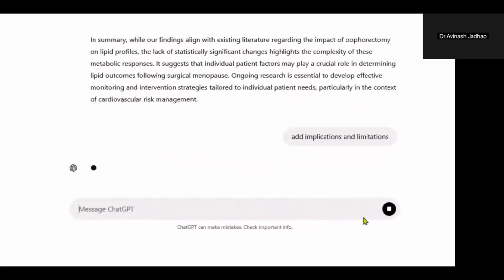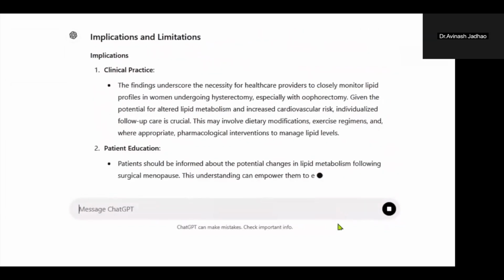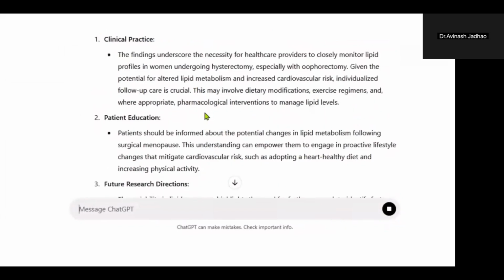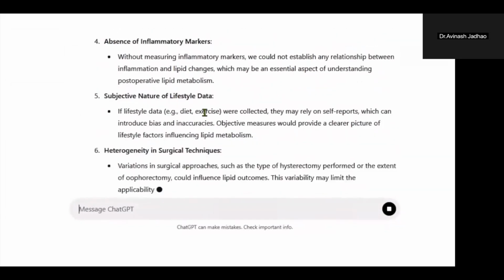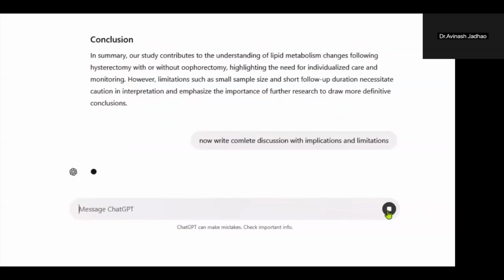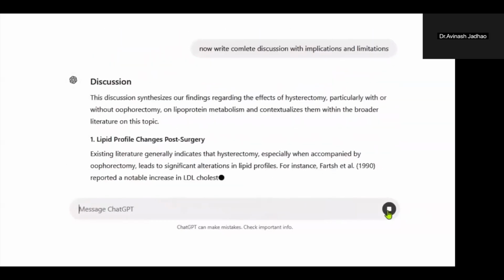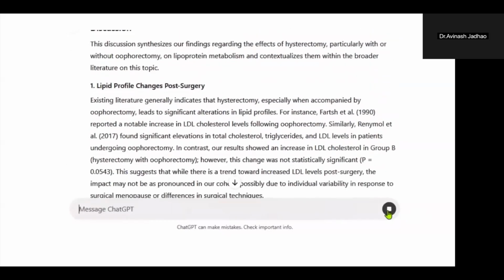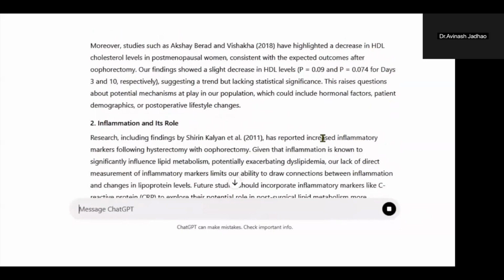So ChatGPT will also provide implications and limitations of your study, and you can introduce them in your discussion. If you make a mistake in the writing, ChatGPT will understand what you want. So here, this is your complete discussion with good detail.